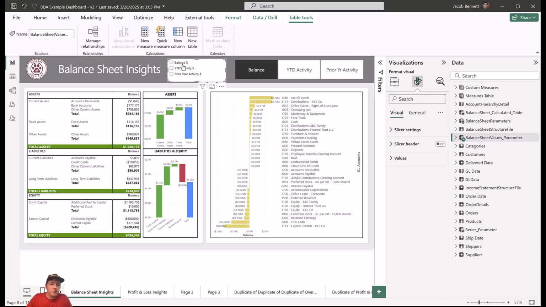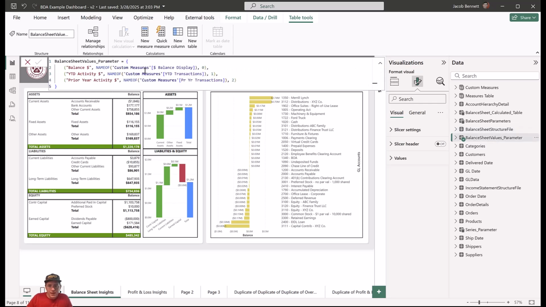So you'll see that we've got the names that we defined: balance, year-to-date activity, prior year-to-date activity. And if we go into the syntax of the field parameter, you'll see that basically what's occurring here is we're creating this calculated table of sorts, and it's wrapping the entire field parameter in these curly brackets, and then each element of our field parameter is with an open and closed parentheses. Now there's 3 elements within each, at least as it currently stands. More to come on the hierarchy piece here later, but